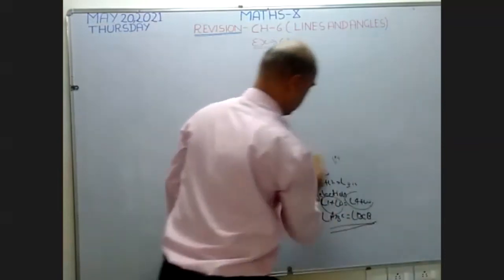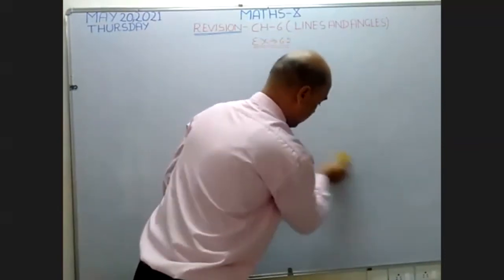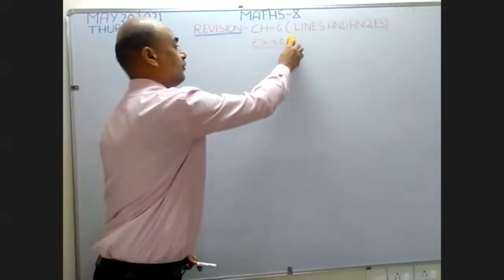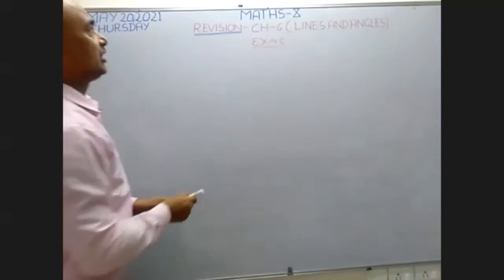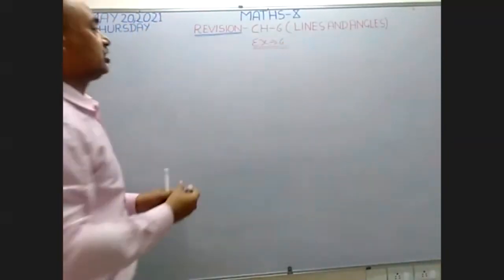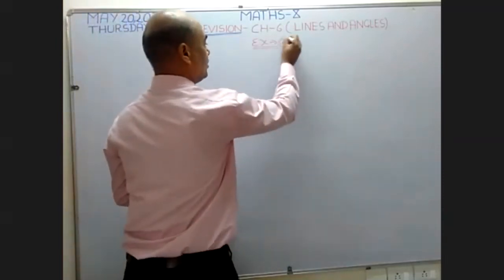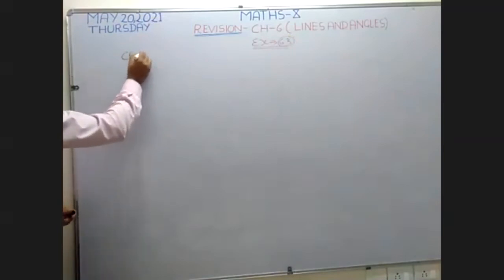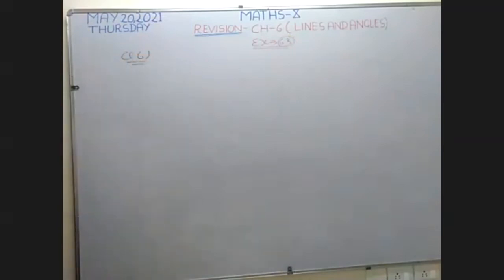Okay, the last question is also a very important question, beta. This is a very important question from exercise 6.3. So I want to start with this question. I want to ask some more questions from other students. I want to solve the last question of this exercise. Question number 6, so I want to do this question first. What is given in question number 6? Check from your books. I want to write this question on the board. After that, send more questions which you want to solve on the board.